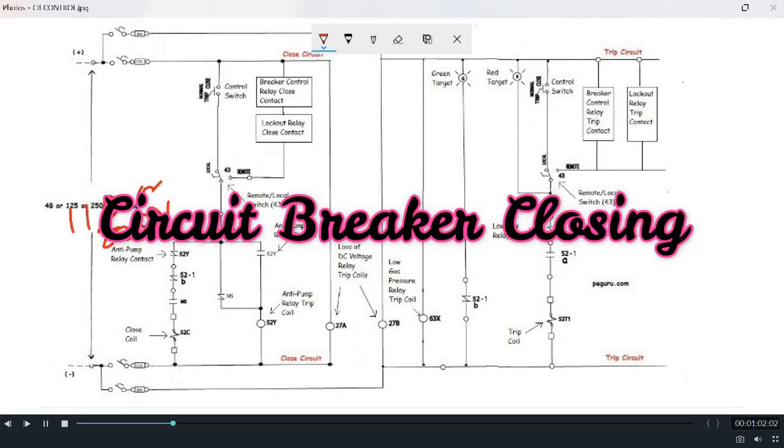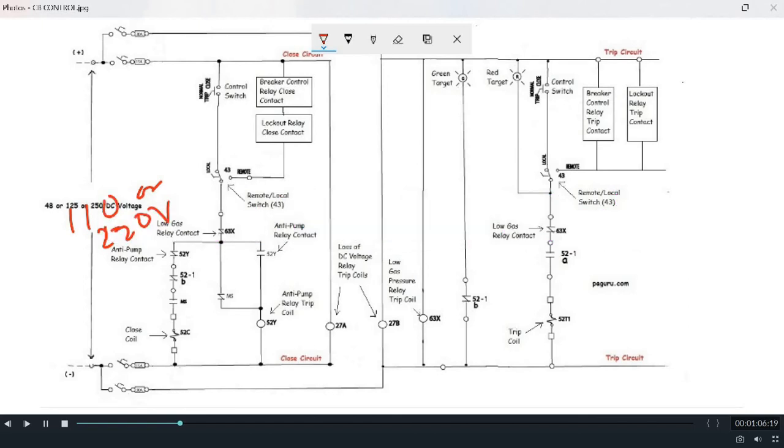Now we shall start with the circuit breaker closing circuit. Circuit breaker closing is a very vast mechanical operation, but circuit breaker closing is wholly dependent on operation of the electrical circuit. The main component which is responsible for circuit breaker operation or circuit breaker closing is the closing coil. Now let us follow the path of the closing coil. The circuit is connected to the DC supply directly through MCBs, and after the MCB the circuit is connected to fuses. After the fuse, the connection is directly going to the closing coil.